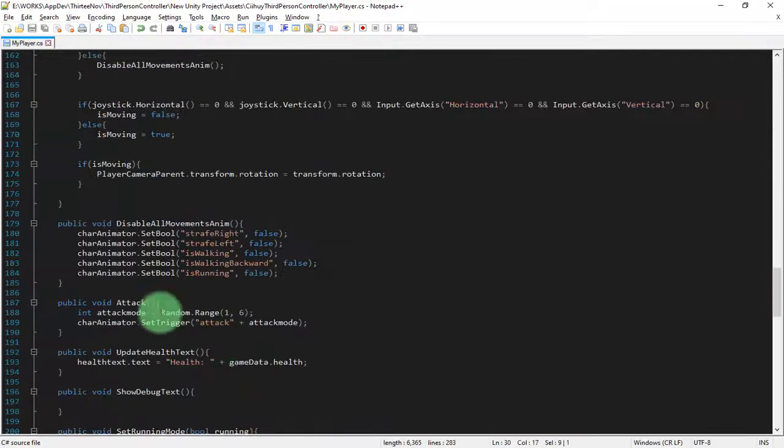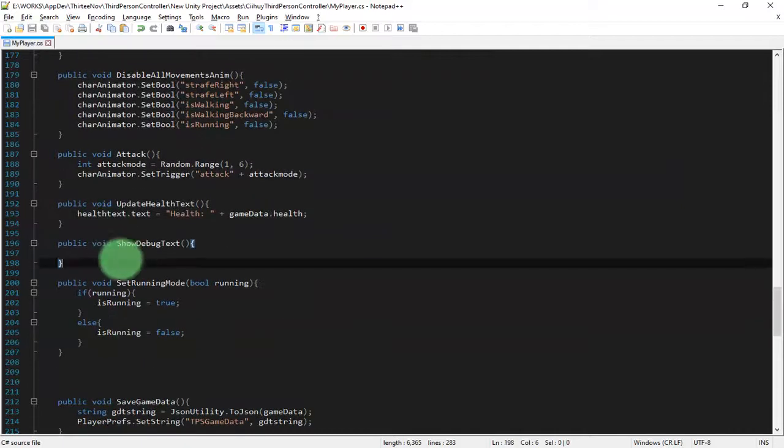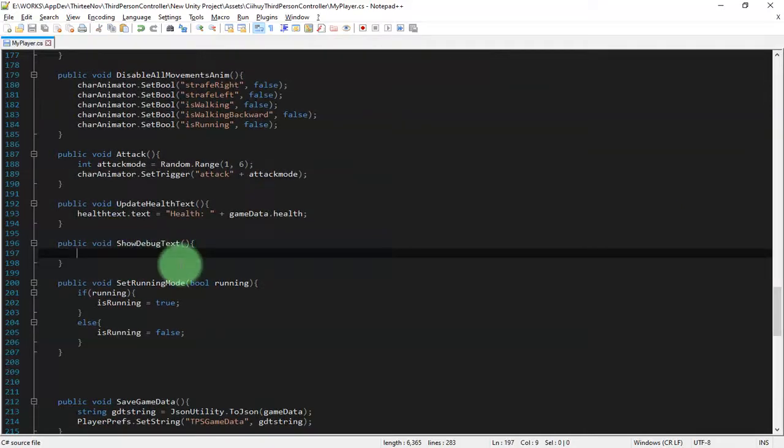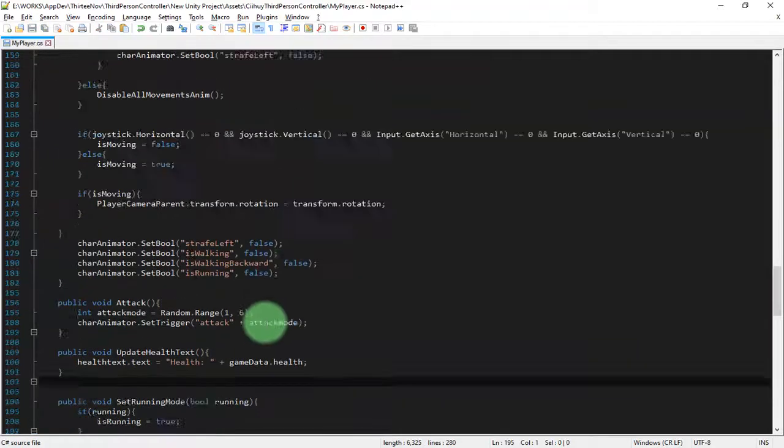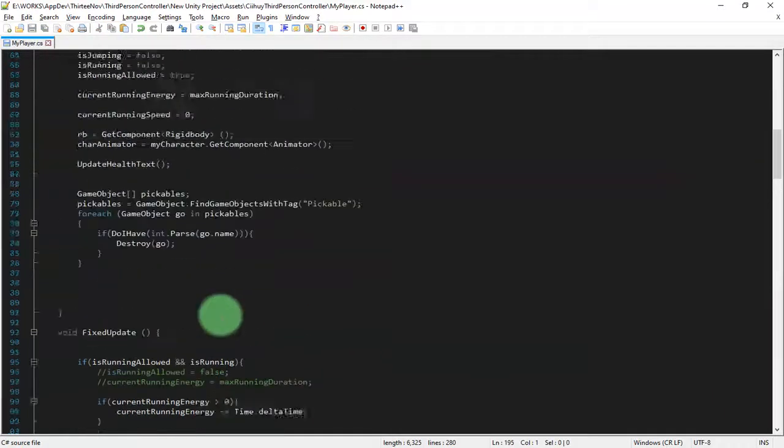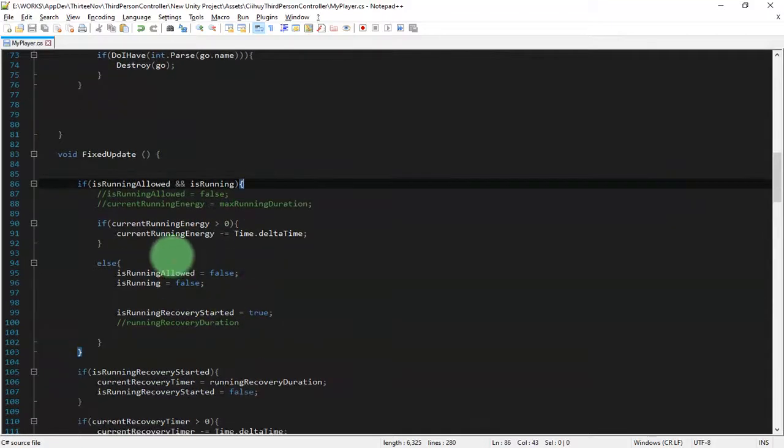I don't need to create a function here, so let me just delete it.